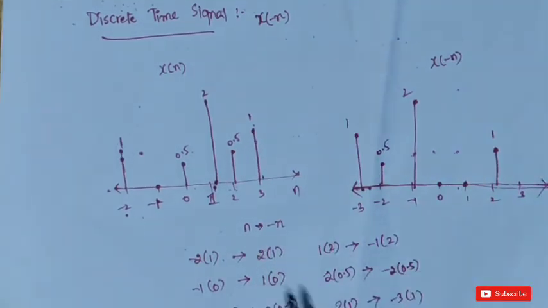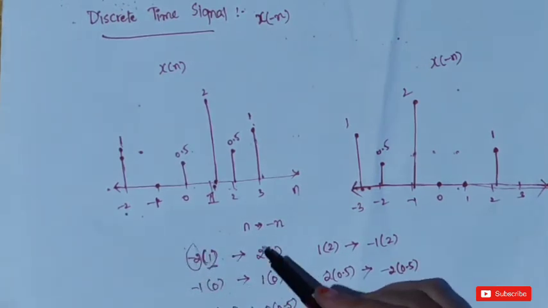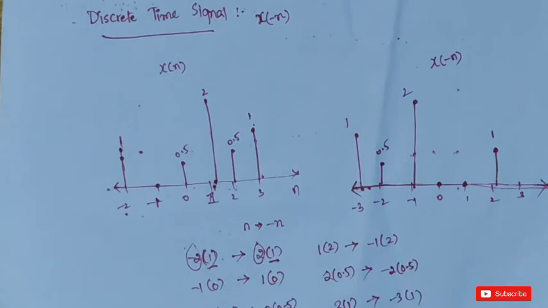If you observe all these things, the values in the brackets indicate amplitude. To make it clear, I have written them in brackets. In these two values, the value in the bracket does not change, only the other value is changing. So what we can say, the amplitude is not changing, only the samples are changing. The samples are becoming reversed.